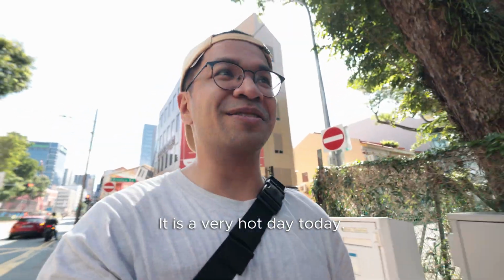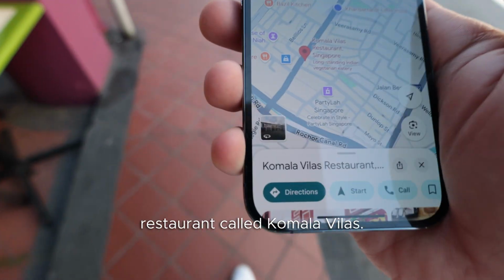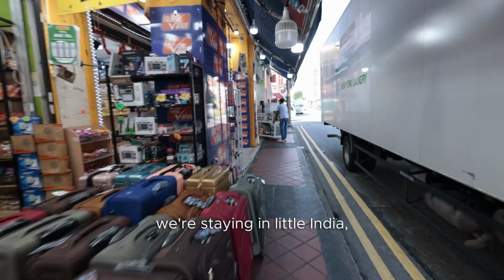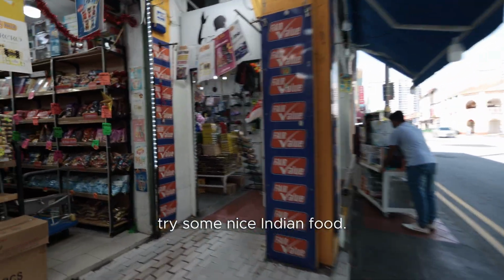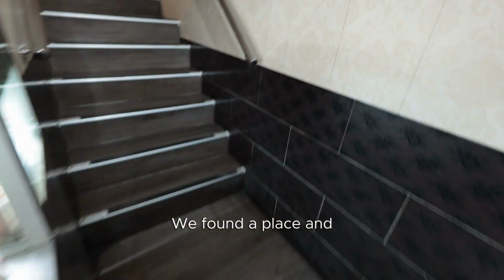It is a very hot day today. So we are on our way to this restaurant called Komala Villas. Somewhere here, because we're staying in Little India, and I think it's a disservice to where we're staying if we don't try some nice Indian food. We found the place and they let me in, so...